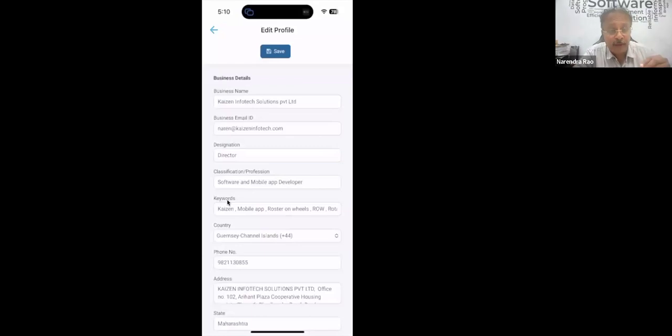Now, you can also write your passion. Imagine that Kamal is also a golfer. In Baroda, he plays golf. For example, he can write in the classification as golf. So you can find a golf playing Rotarian. Golf might not be a business for him, but golf is a passion for him. That can also be entered there.